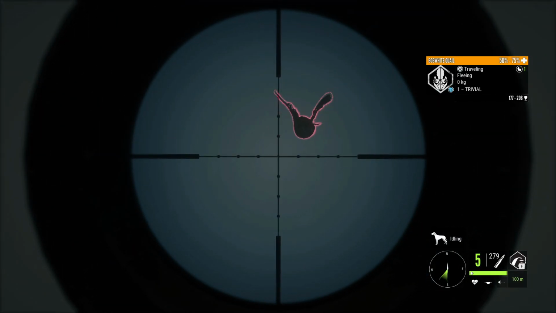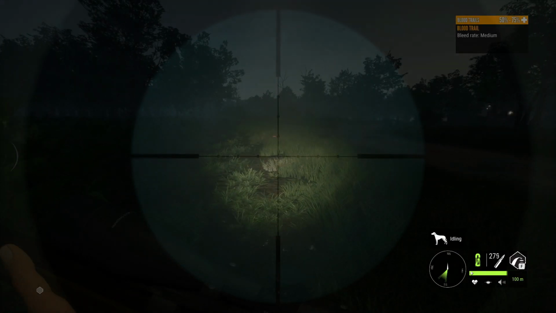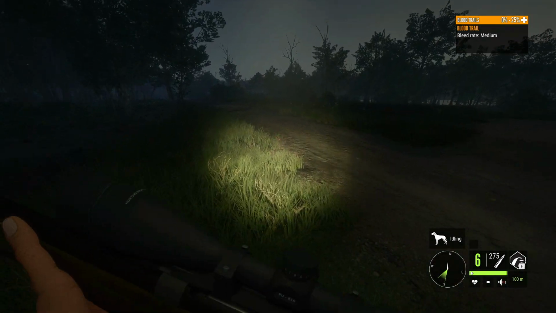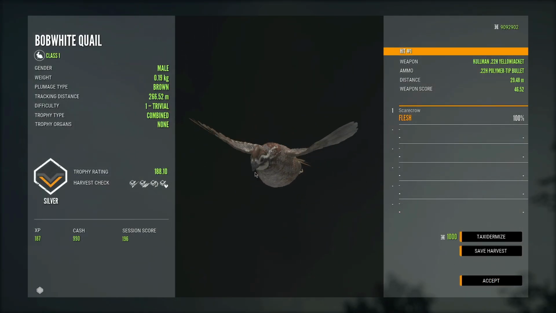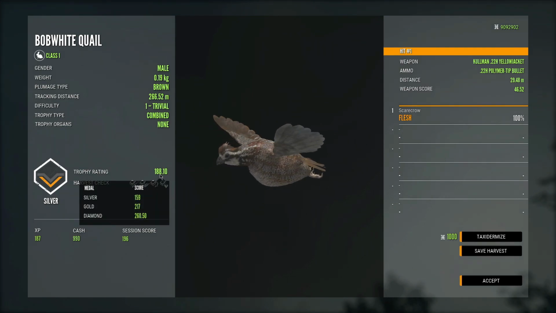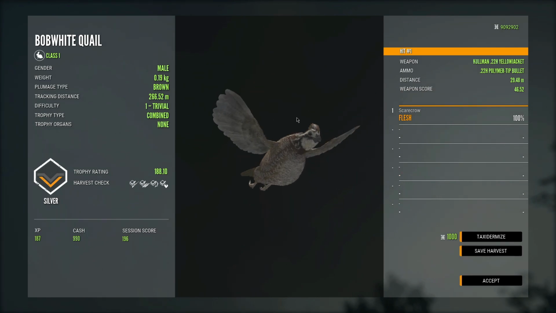And of course it flies off as I'm trying to take a shot at it. Okay, so we actually hit this quail and it didn't die immediately, so I'm wondering where we even hit it. It was just a wing hit, so that kind of explains it. And this one actually is 188, so this one did only make silver. Interesting. So I'm pretty interested in seeing what the scoring is going to be like for the Bobwhite Quail,